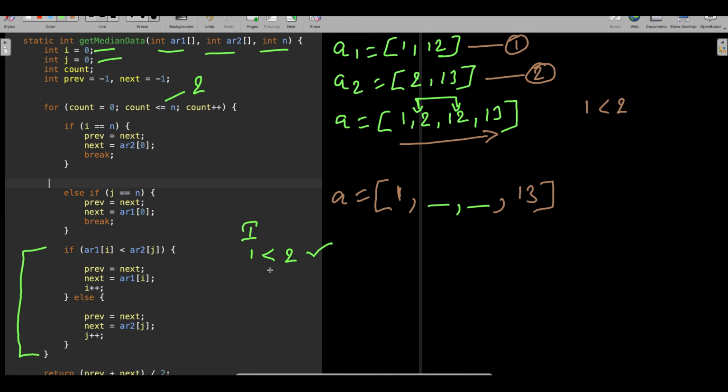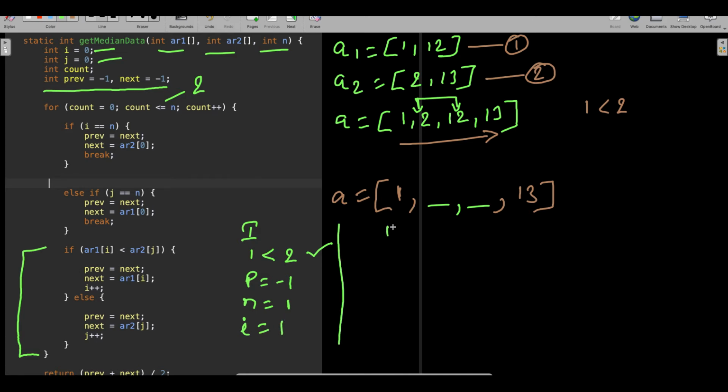For now, don't try to understand previous, just think that previous is equal to -1. Why am I saying that? Because I have declared previous and next as -1, since I need to consider some constant. Now what is my next? My next is going to be array of I, which is nothing but 1. So this is after first iterations, and your I has now become 1.